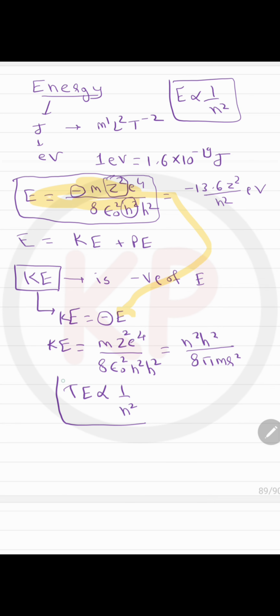So as the value of n increases, kinetic energy decreases. Also, there is a relation between kinetic energy and potential energy. This potential energy PE is twice the kinetic energy, but you have to put a negative sign. So the equation of potential energy becomes